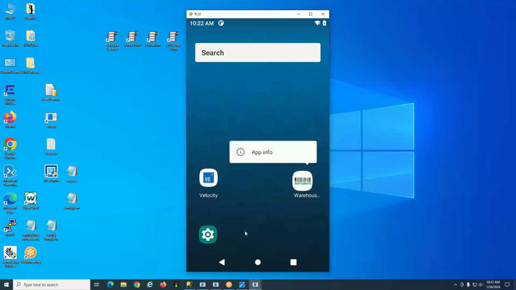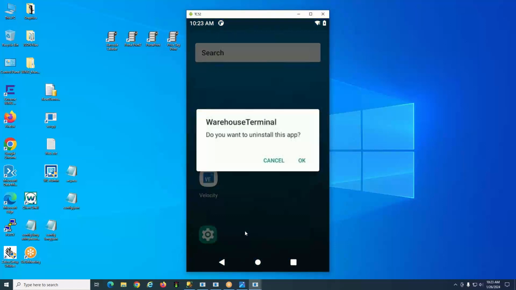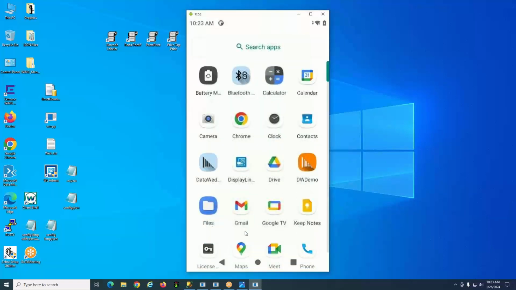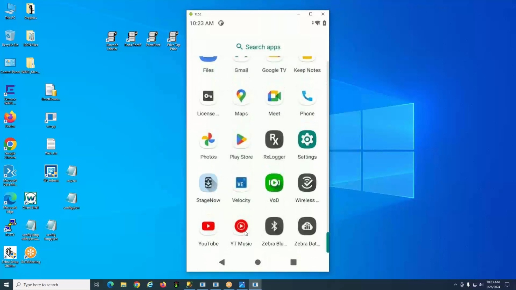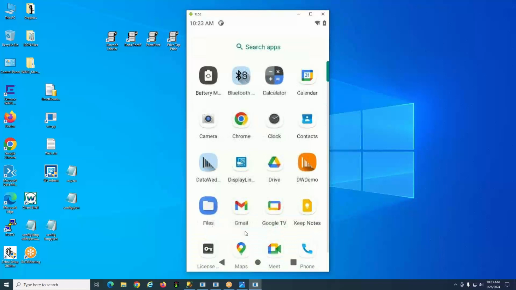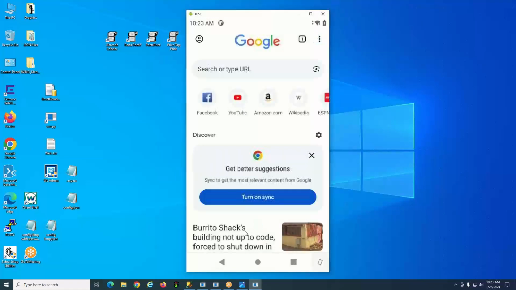If you long tap on this and then you drag it up to the uninstall, it uninstalls the app, and I say okay. So now it's going to uninstall it, so it's gone. Even if I go into the applications down here, you'll see that it's not there anymore. So how do I download it? Well, you go into the applications and you go into Chrome, and we can give you this QR code, and what it does is you just scan it, and it will